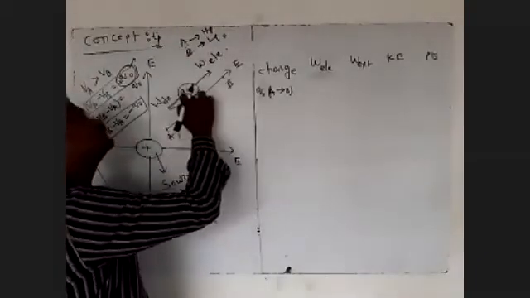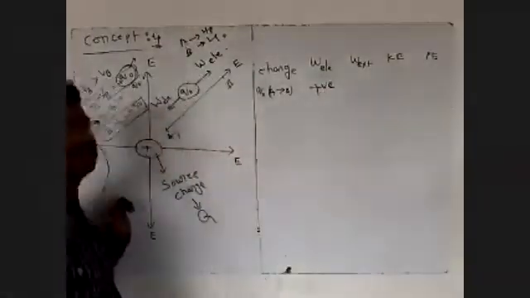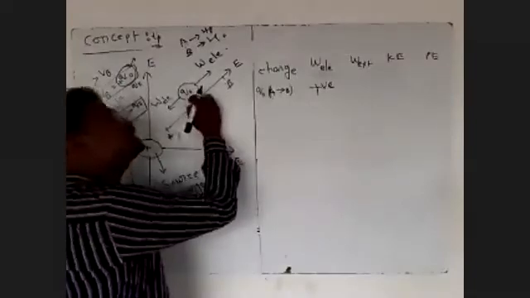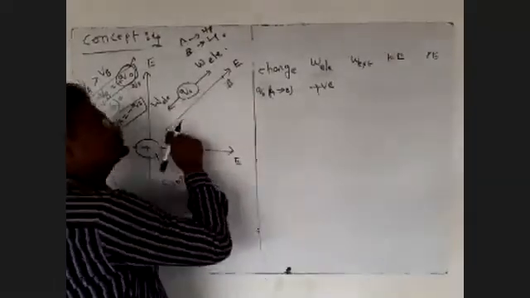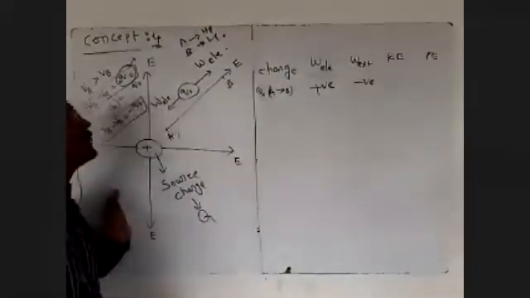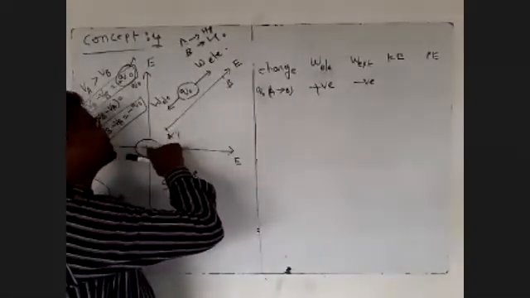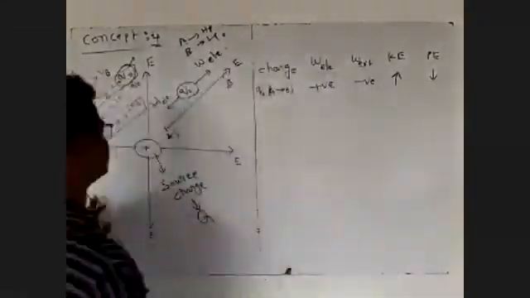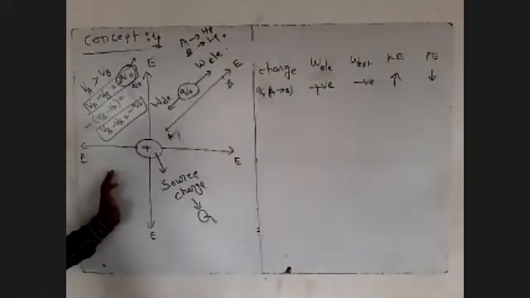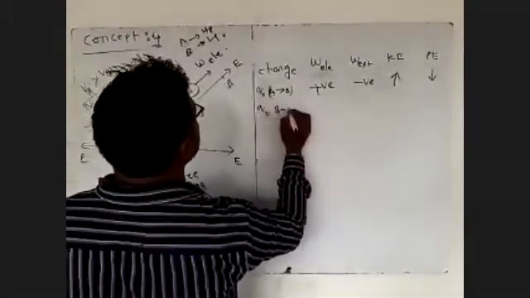This positive charge will repel the charge Q naught as it moves from A to B, toward lower potential. If Q naught is moving from B to A, that is toward higher potential, so negative work is done. The source charge repels Q naught in this direction, so kinetic energy increases and potential energy decreases. When kinetic energy increases, potential energy automatically decreases. Next, Q naught moves from B to A.